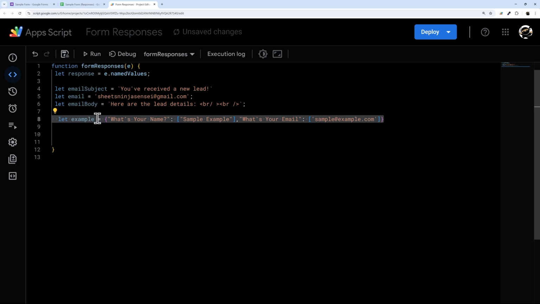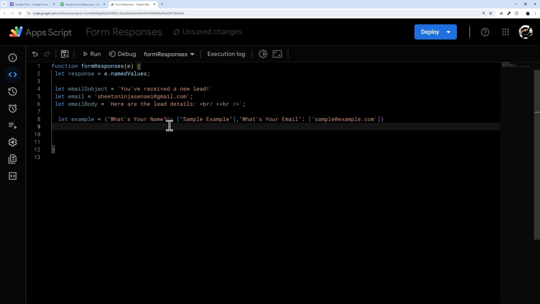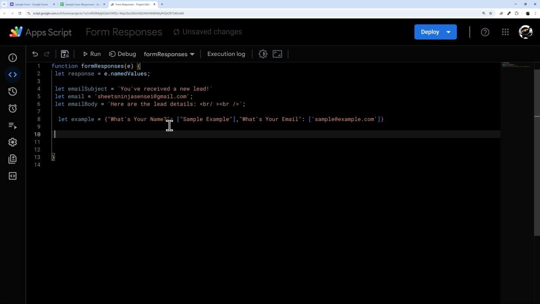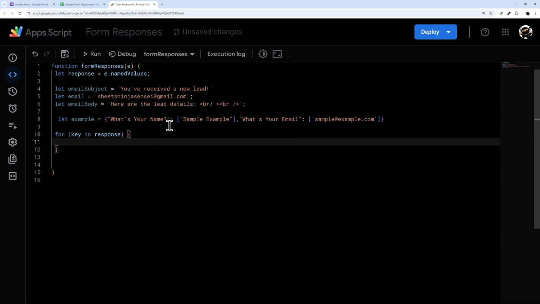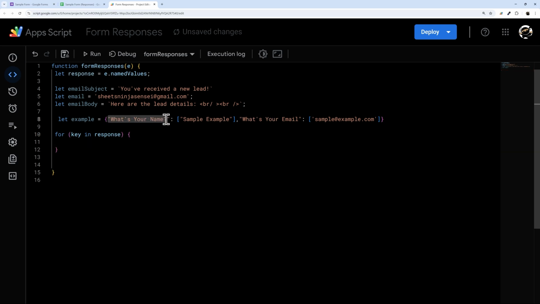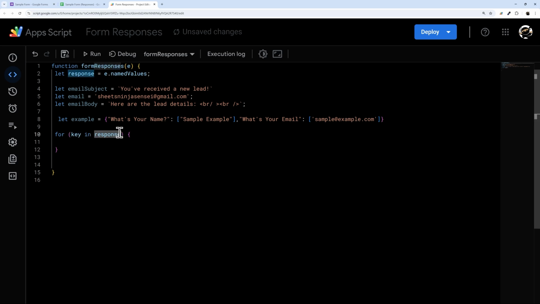And so we need to extract the data from here and add it to this list. The way we would do that is we can do for key in response. These are keys, and the value is what this is, because this is an object. Inside an object, we have keys and values. So this is a way to iterate through, saying for each key in this object, we're going to pull